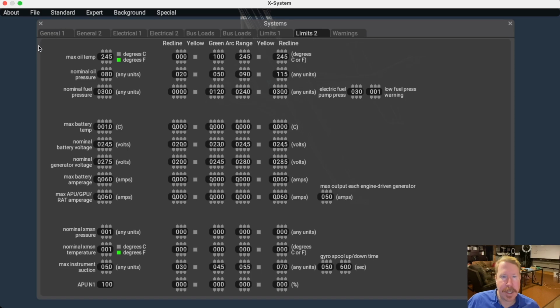Popping over to the next page, and as you see, a whole bunch of data on the left that you do need to enter properly to get the right flight model indications. And this stuff sure matters. Here we go, electric fuel pump pressure. This is the pressure you'll actually see from the fuel pump and the fuel pump pressure gauge,